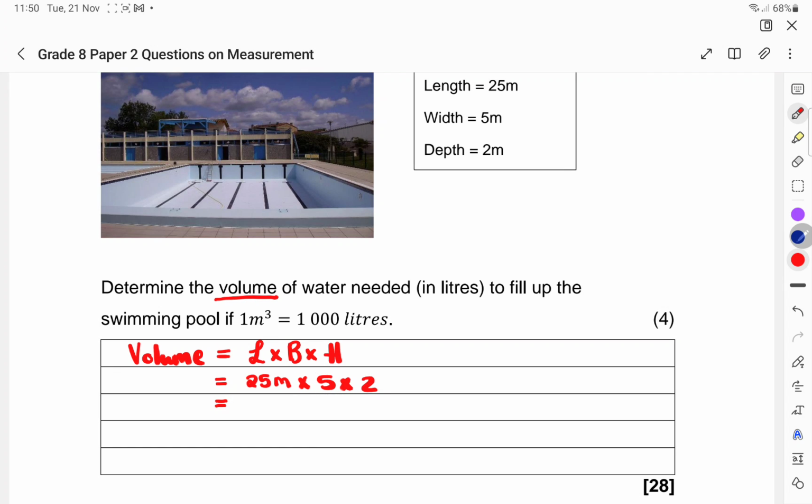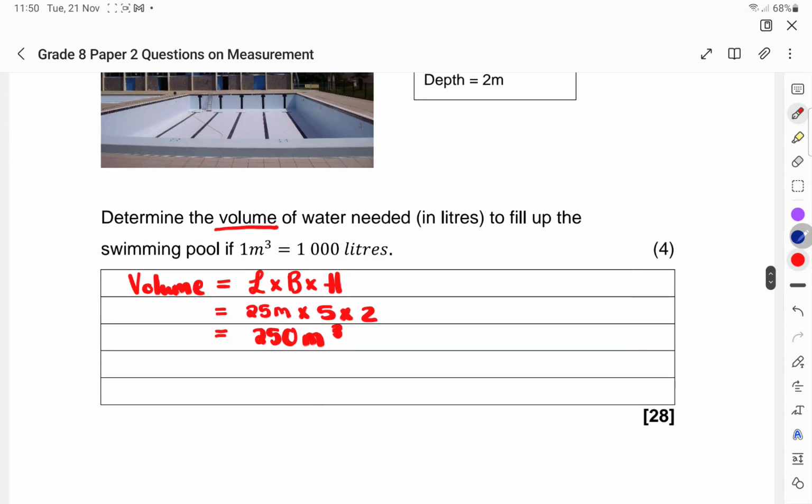Okay, so length times breadth times height, very easy. 25 times 5 times 2, and that gives you 250 meters cubed. And then I've got a video where I show you my pirate method, but how it works